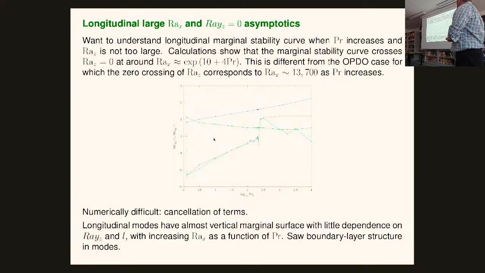And the thing that's most surprising is that with the material processing case with fixed buoyancy, as you increase your Prandtl number, you saturate to a fixed value of Rayleigh x, which is about 13,700. So they've got all their numerics, and it works fine. In our case, our numerics are falling over because we have large terms and small terms, and you have to do it in quadruple precision or super high precision to believe your answer. So the last thing I'll say here is very depressing.